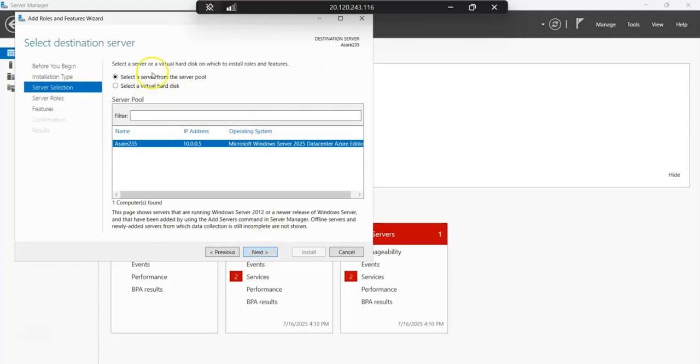And then what kind of server would I want to be creating? What kind of server would I be elevating to become a domain controller? And I currently only have one, so that is what I'm going to use. I'll click on next,